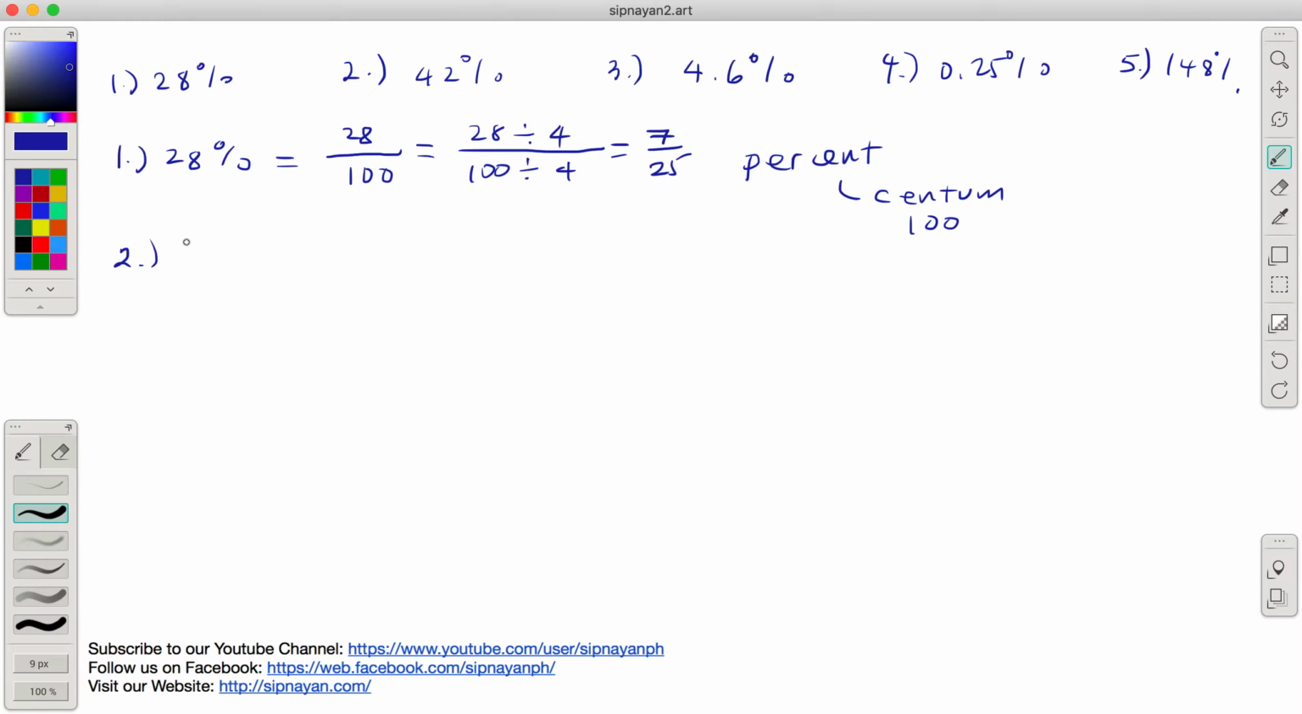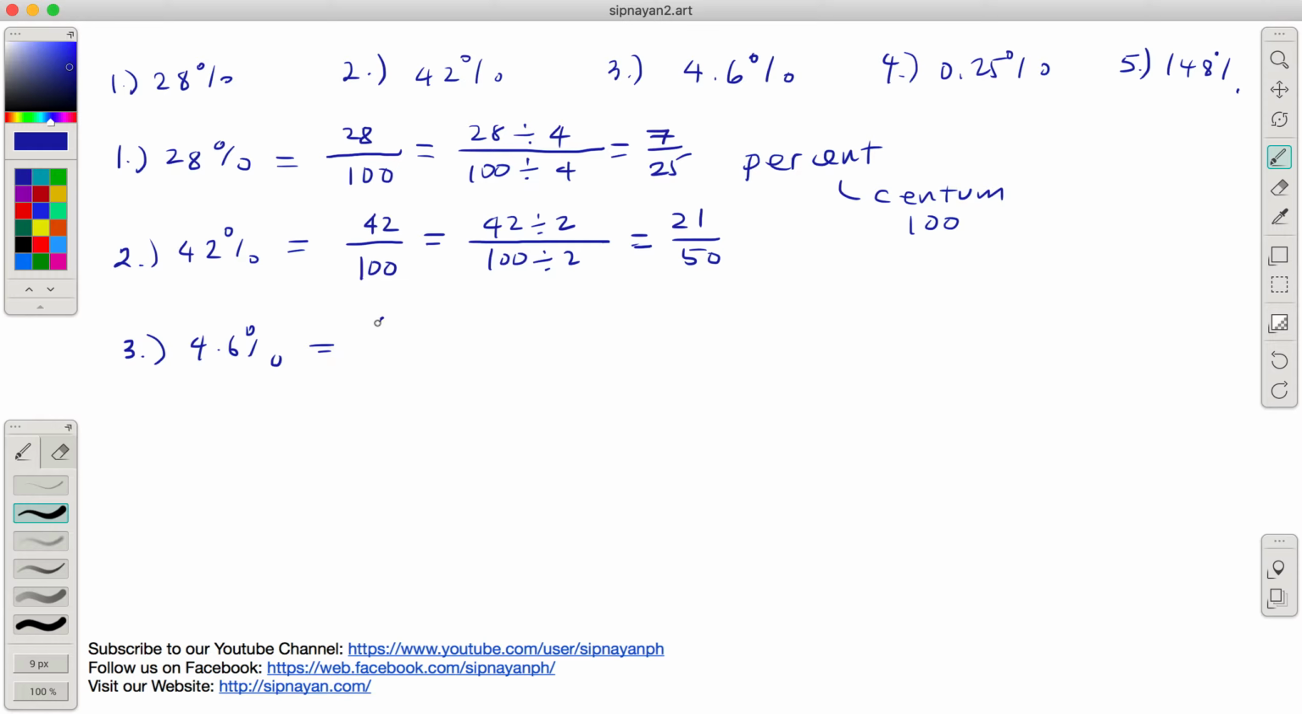Number 2 is 42%. So, meaning 42 over 100. 42 hundredths. Sorry, mali yung pronunciation ko. So, 42 over 100 or 42 hundredths. And again, dapat nating i-lowest terms. So, 42 divided by 2, I think. Medyo obvious itong mga given natin, no? Pag ni-lowest terms natin, this is 21 over 50. Wala na bang pwedeng i-divide? Wala na, no? Number 3 is 4.6%,